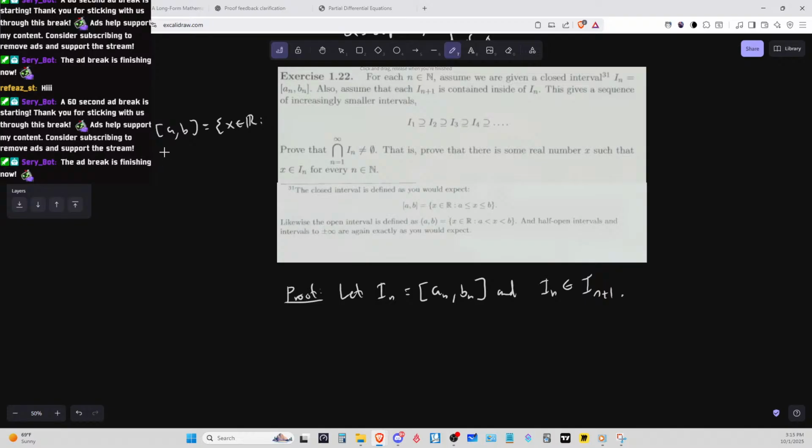Such that, likewise, an open interval and a half open interval to infinity are again exactly as you expect. Okay. So we have to prove